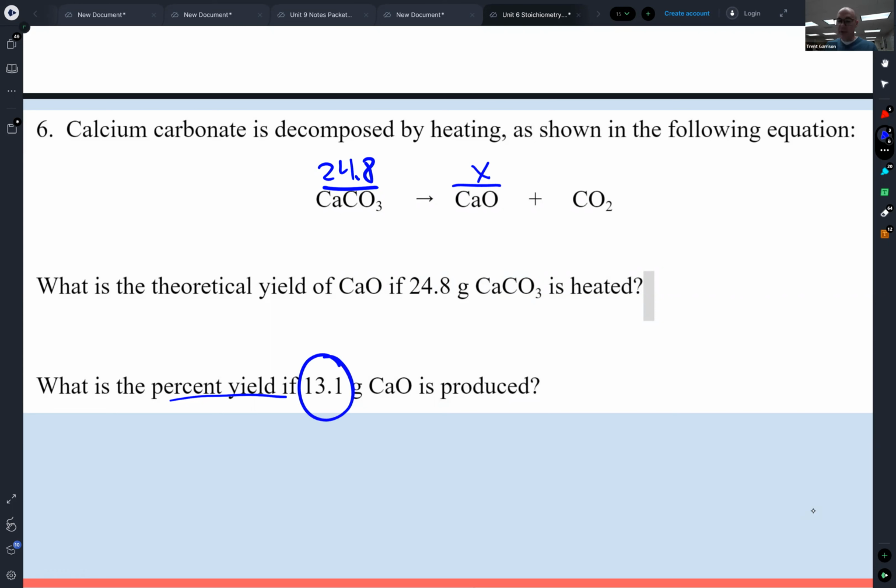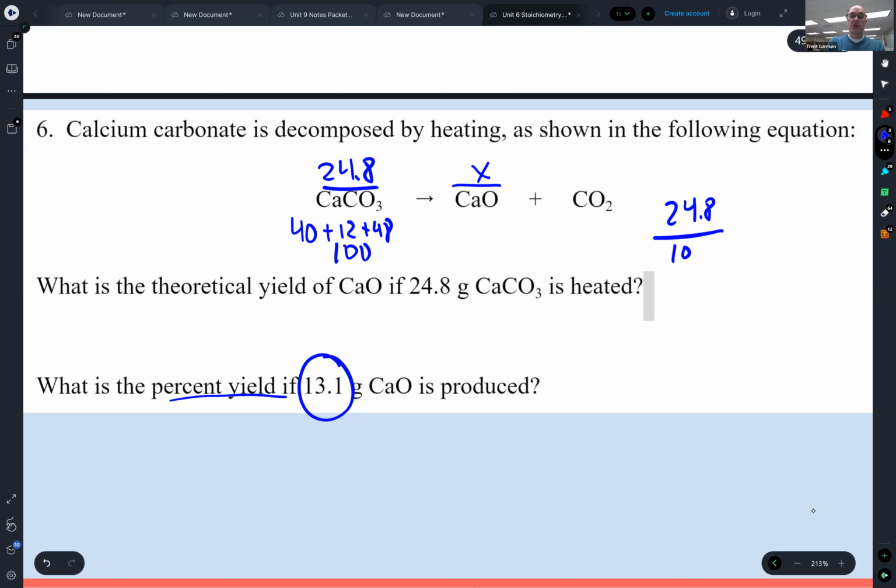So we've got to add up the weight of this calcium carbonate. 40 for the calcium, 12 for the carbon, and 48 for the oxygen. So 40 plus 48 plus 12 gives us an even 100. So I've got 24.8 divided by 100 equals X over. Now I've got to add up my weight for calcium oxide, and that's going to be 56. So I cross multiply, and this will be my theoretical value. This is my correct value. So 24.8 times 56 divided by 100, and I get